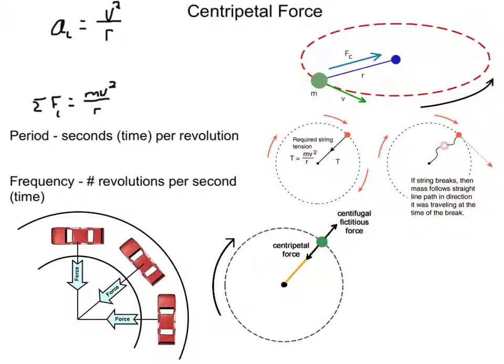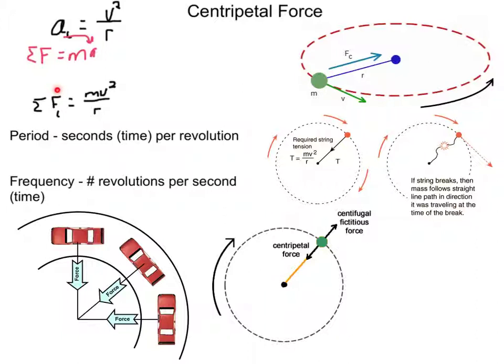Now, a couple of equations here for you. Centripetal acceleration is the velocity of the object squared divided by the radius. Whenever you plug that into F equals ma, the sum of the forces equals ma, let's get a sum of F, so this a goes in there. I come out with this equation: the sum of all the centripetal forces equals m times my a, v squared over r. So mv squared over r is my sum of the centripetal forces,